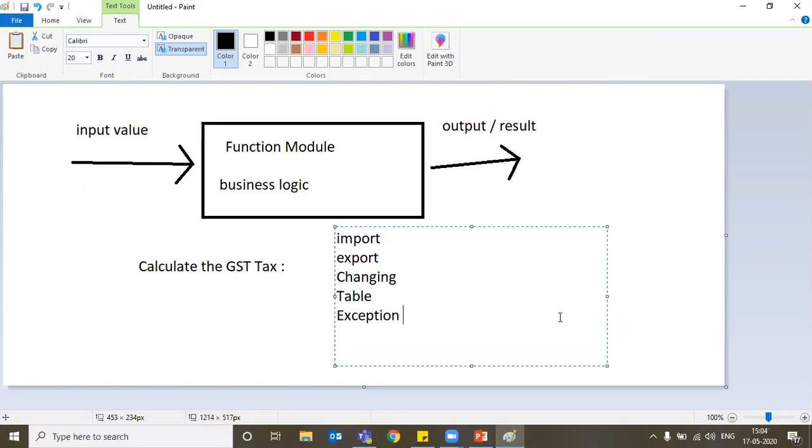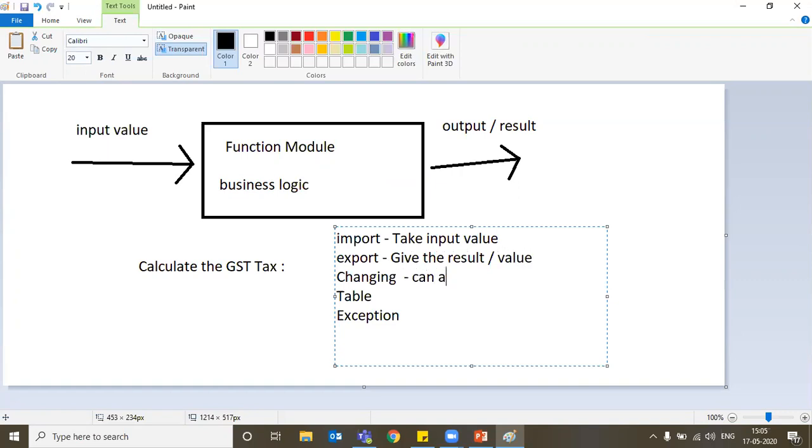Input will take input values. Export will give the result or a value.